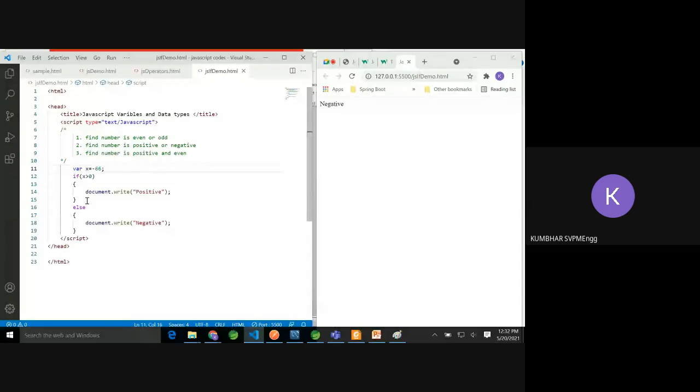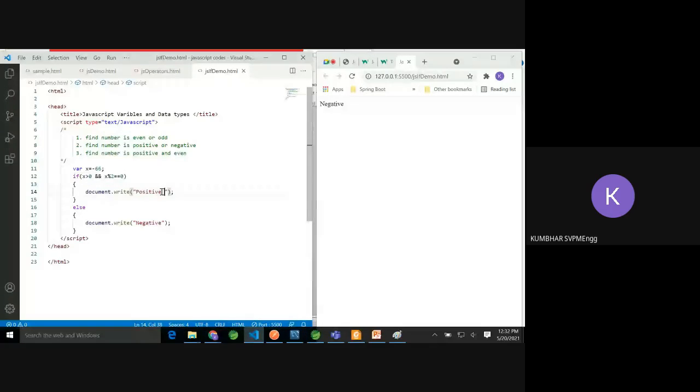So this is like if, else if, you can go for any number of stages. You can go for nested if also. If I want to check that the number is positive and even also, then I can write here greater than 0 and even. How can I check the even? x % 2 equal to 0.